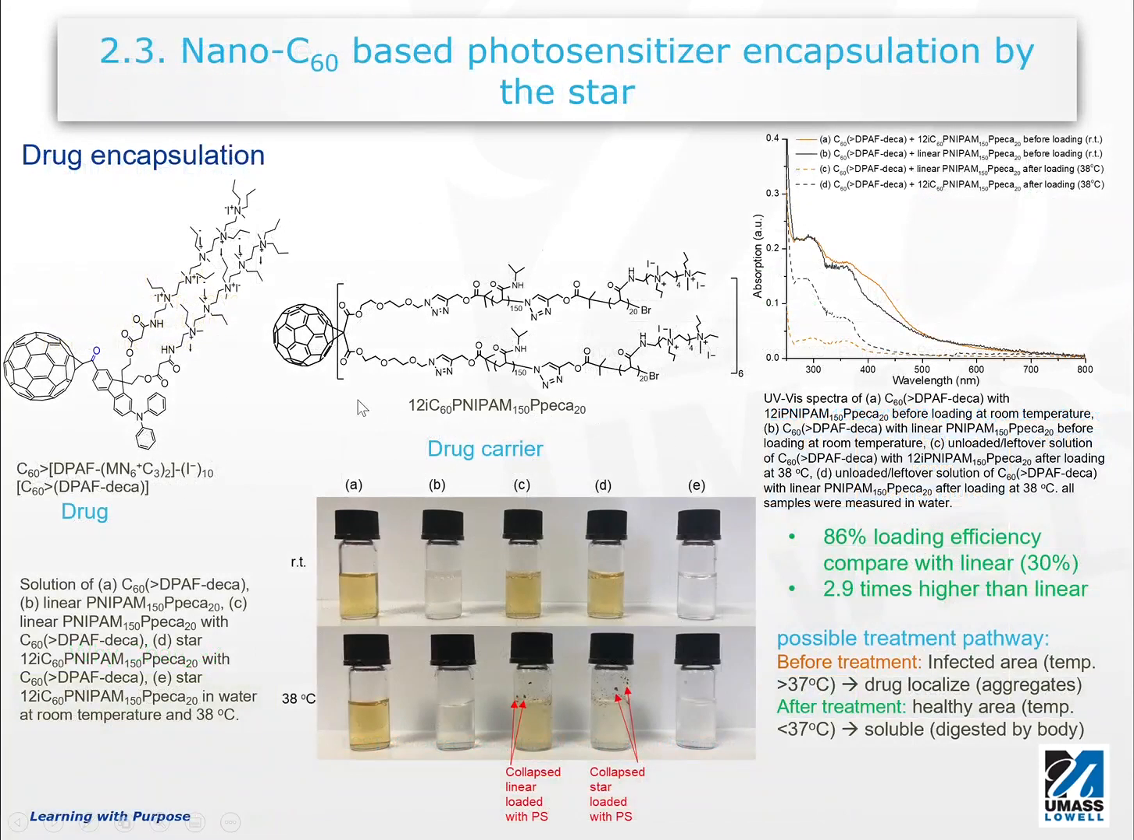So next, what we did is we tried to test its loading ability. So we use this type of molecule as a drug carrier, and we use this prototype C60DPAF cationic charged molecule as a prototype drug. So we try to load this structure inside our star carriers. And by simply taking the UV vis absorption of the drug, then we will know the loading ability of our star. So what we did is first we mix them two together, then take a UV vis,